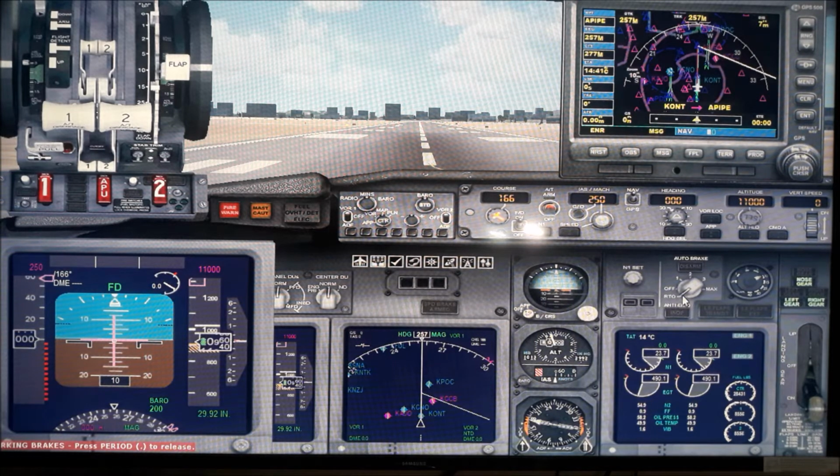The brake will be set to RTO, that is rejected takeoff. Altitude: this will be the position after we take off. This is the GPS. We will move to GPS after we take off, and this is the course to Victorville, which is runway 17, with a magnetic course of 166.